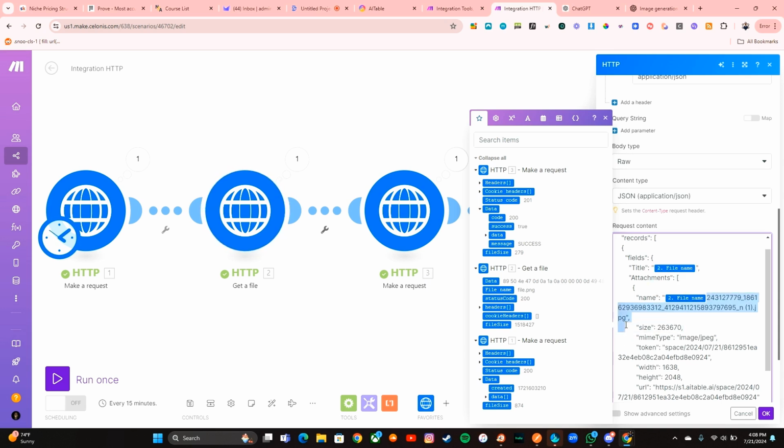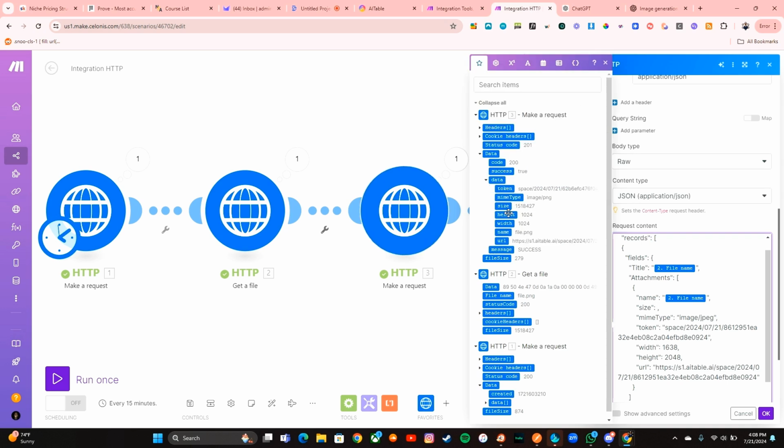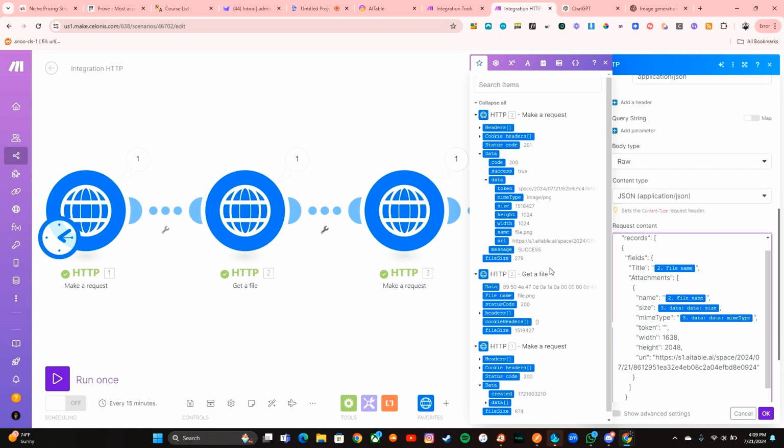Actually, what I can do is delete that stuff. We have the size here, which is actually coming from the data here. We have the type that it is, like an image or a PDF. It's an image. We have the token validator. It's very important.